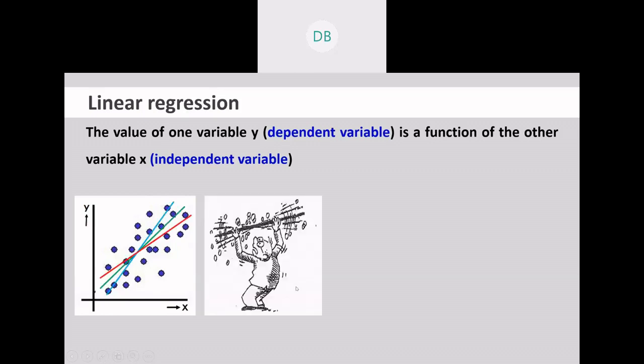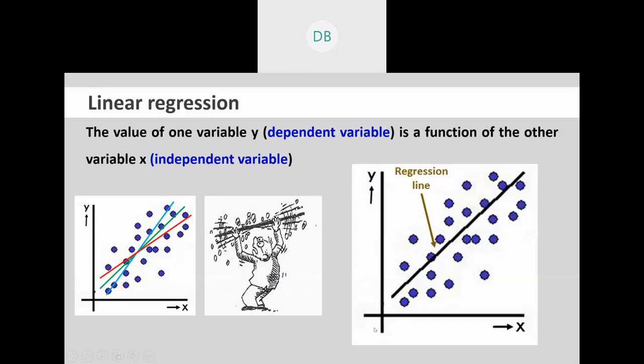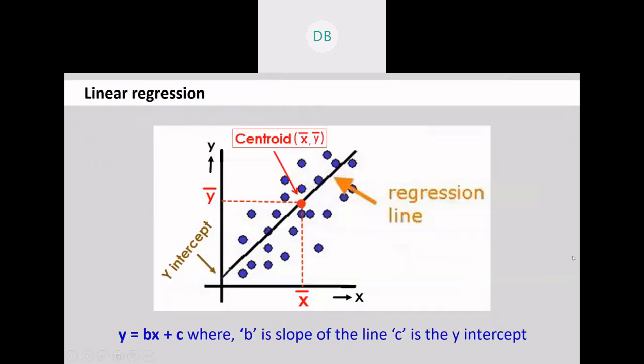This diagram indicates that there exists a relation between x and y. Now, n number of lines can be drawn through these points, but by using a proper statistical method, you have to construct a best fit line through these points, which is called the regression line. The regression line must pass through a point called the centroid. Centroid is nothing but a point which is plotted with x bar and y bar. You get a set of values for x and a set of values for y. You can calculate x bar, the mean of x, and y bar, the mean of y, and by plotting x bar and y bar, you get the centroid, and the regression line must pass through the centroid.